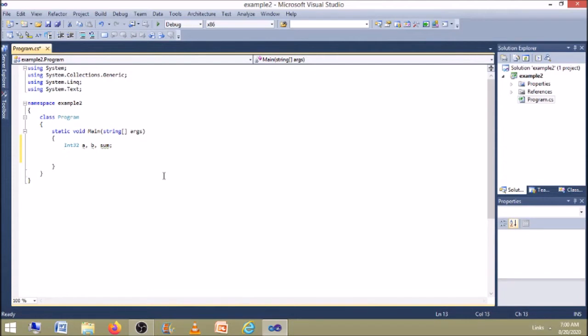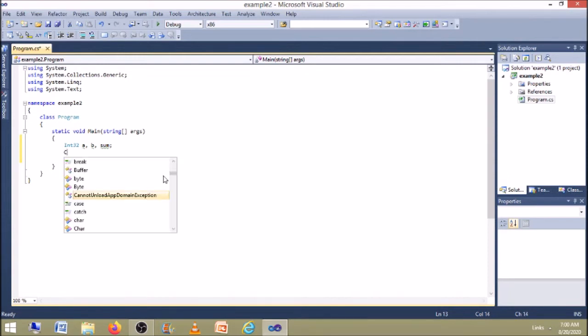Next statement is to receive the value from the user. For that we should tell the user to enter any two numbers. You know that to display some text on screen we need the statement Console.WriteLine.